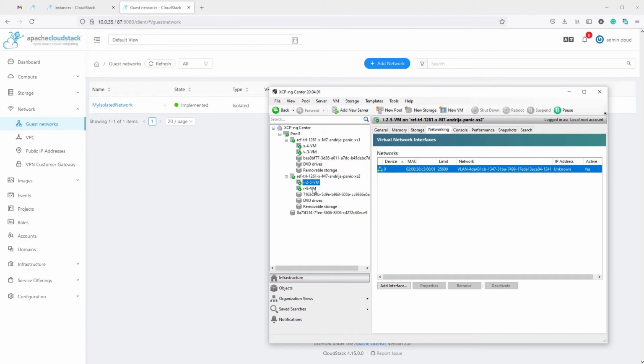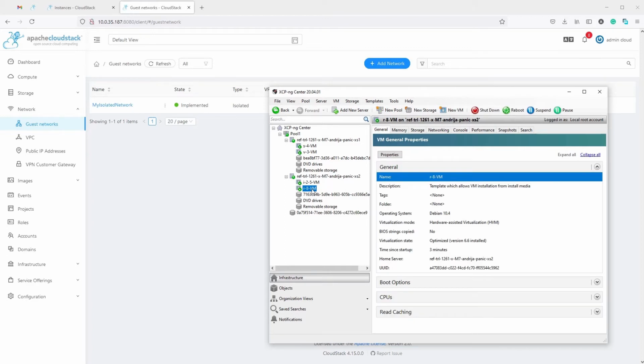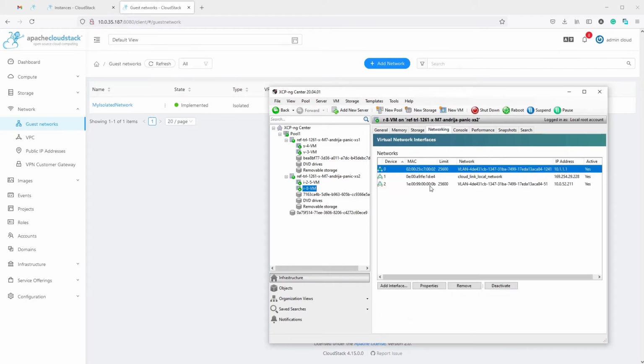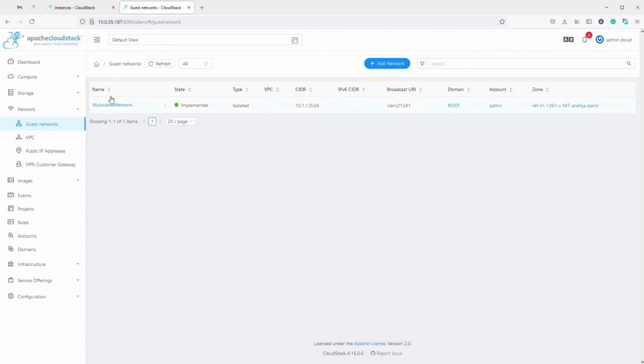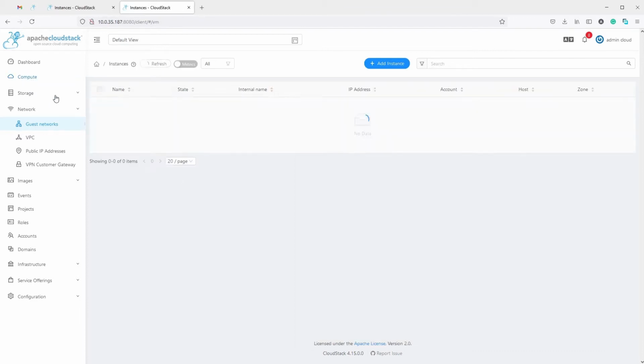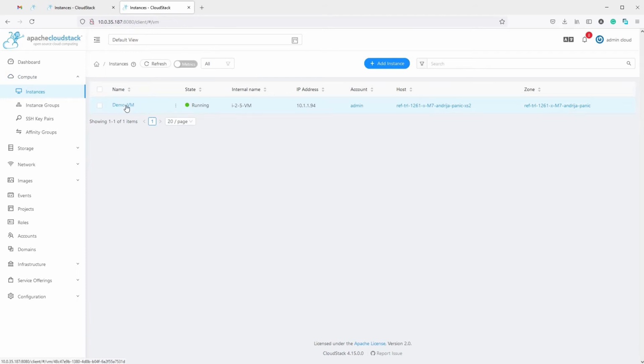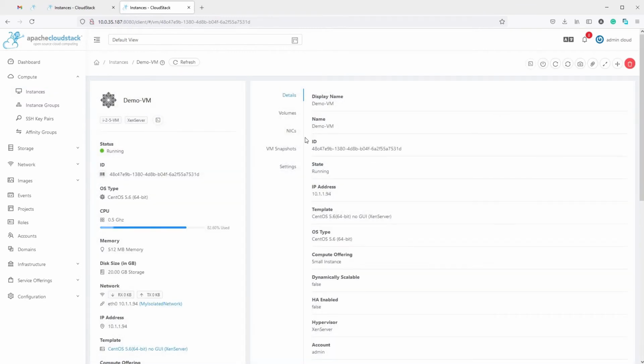You can see 1241 at the end, VLAN with some UUID, and then the VLAN ID at the end, 1241. The same is true for the virtual router, because it's also connected to the same network, beside the public network and the control network. So here it is connected to the same network 1241, the same VLAN on the hypervisor side. Inside the VMs, of course, it's not visible. They are not aware of the VLANs they are running on. So this is basically how you create your isolated